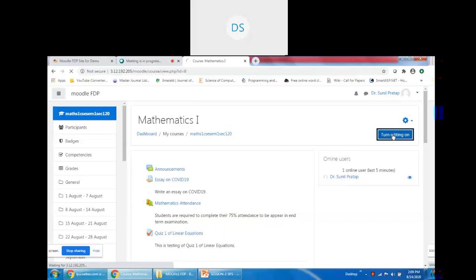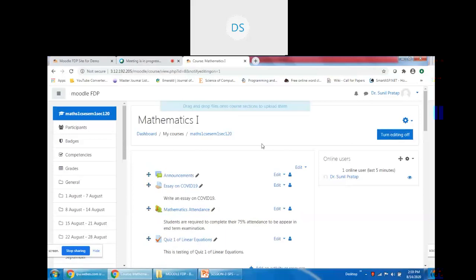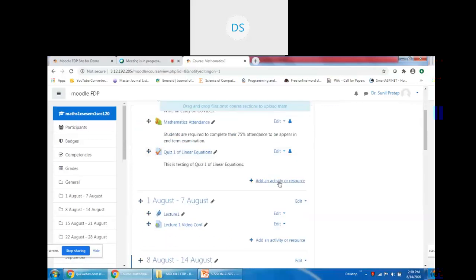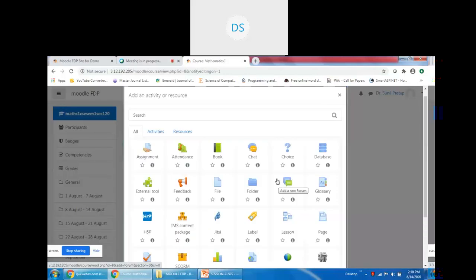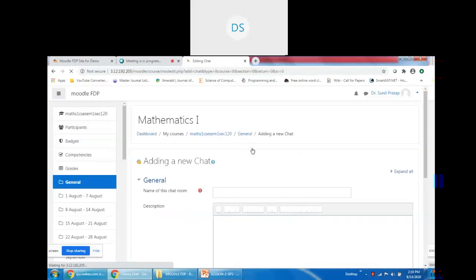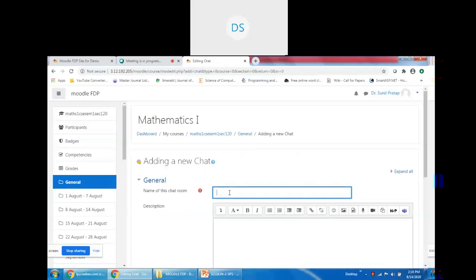So turn editing on. Now add an activity or resource. You can see chat here. Okay, so you can give the name of the chat room, testing.